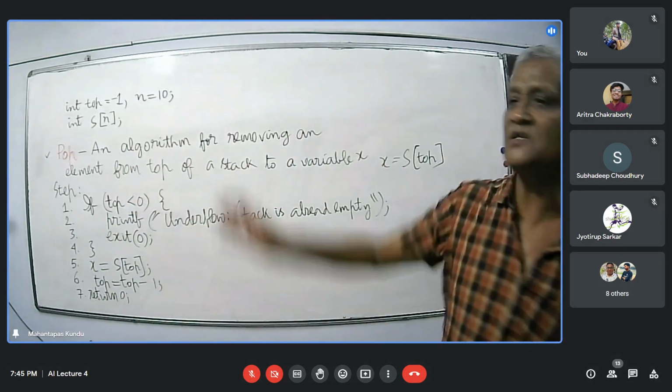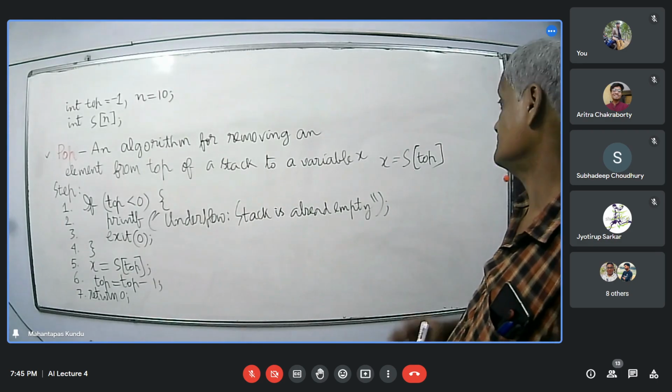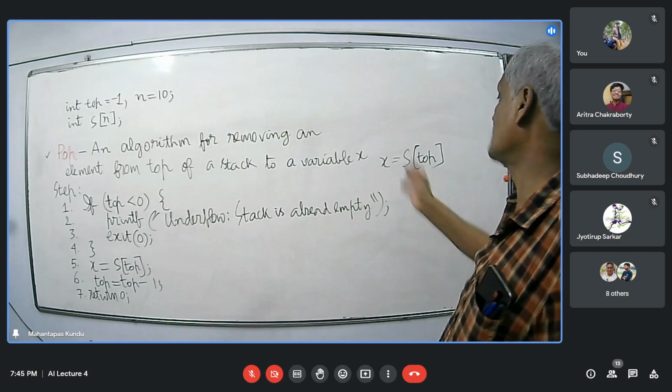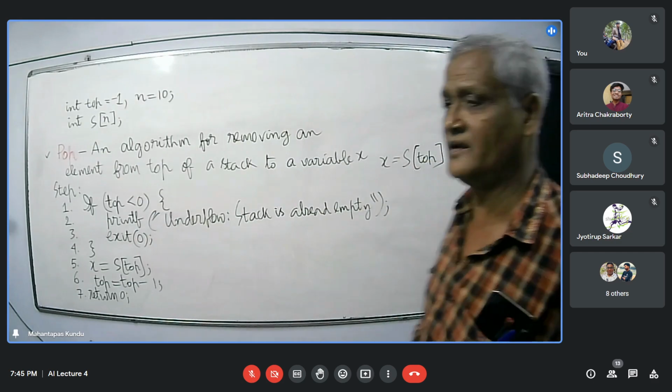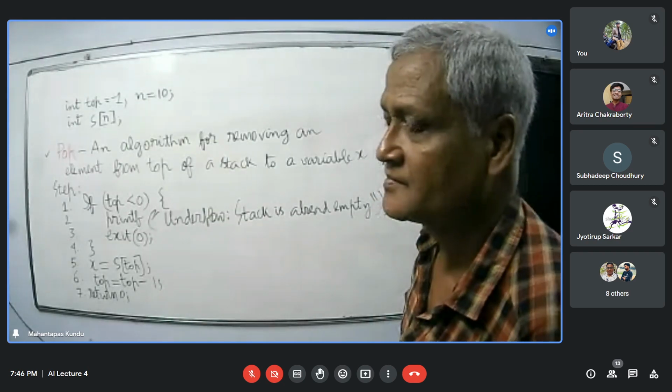So this is an algorithm for removing an element from top of a stack to a variable X. Do you agree with this algorithm? Yes, sir.